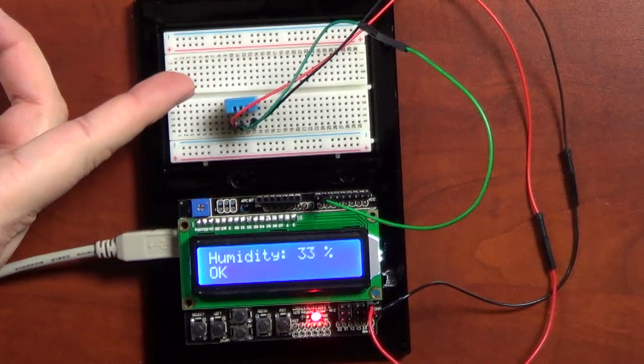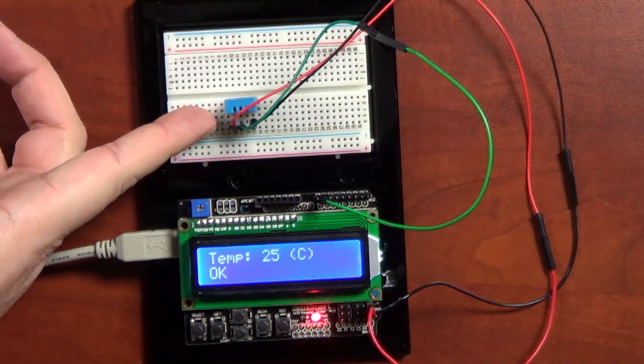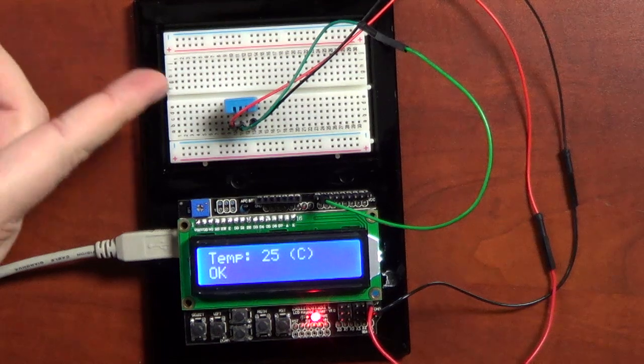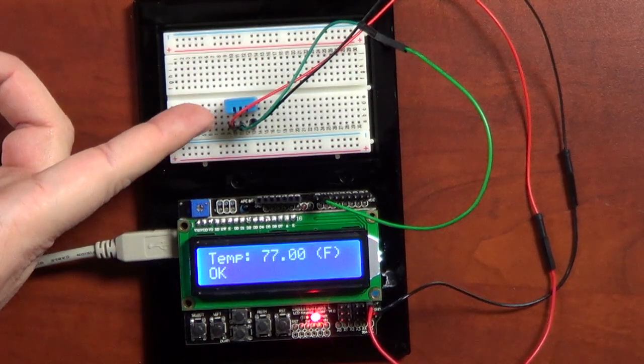All this temperature sensor has is 3 wires. Actually, there's 4 pins on it, but the 4th pin is a non-connected pin. So I'm not quite sure what its purpose is there, or if maybe it's something that they've repurposed from another board or another chipset. So you have obviously 5 volts to run it, and then you have your ground, and